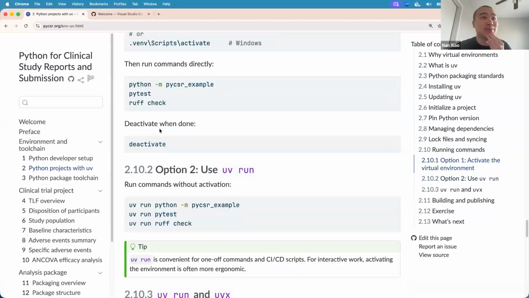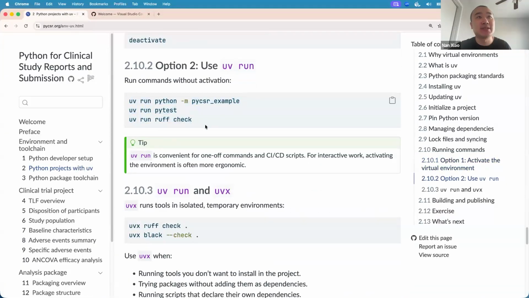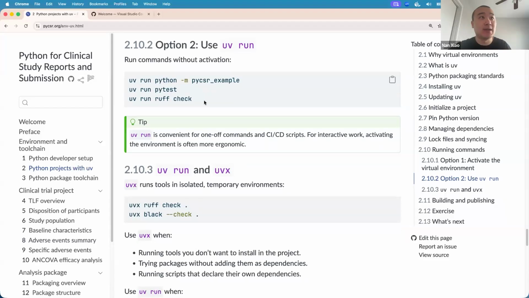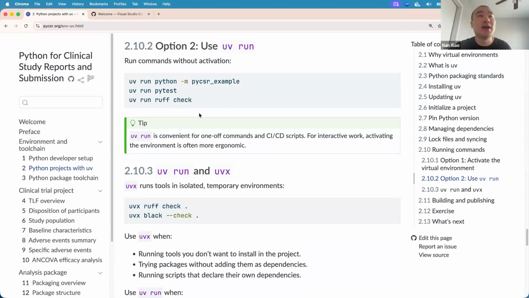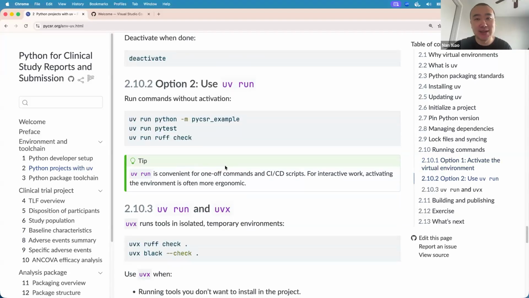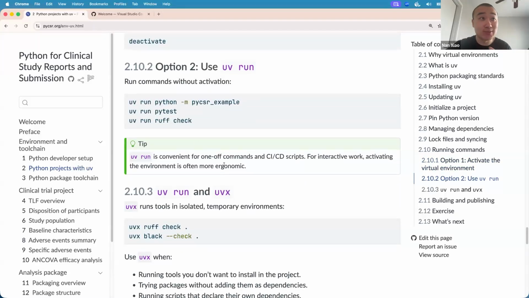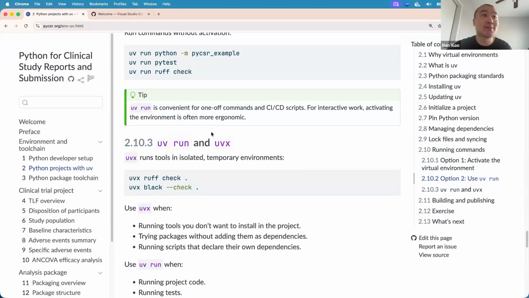Then you can also run very specific commands, right? For example, if you do uv run python, that will run the Python that has been installed in the virtual environment for this project. You can also run all these commands if you haven't already activated the environment, right? Just in case, because sometimes it's not very easy or recommended to source the activation file to activate the virtual environment. So you might want to use these instead of doing that.